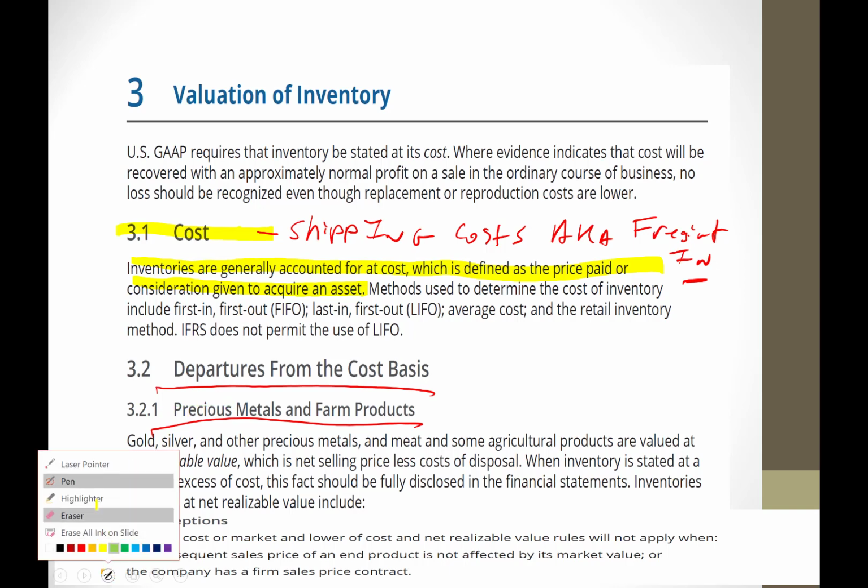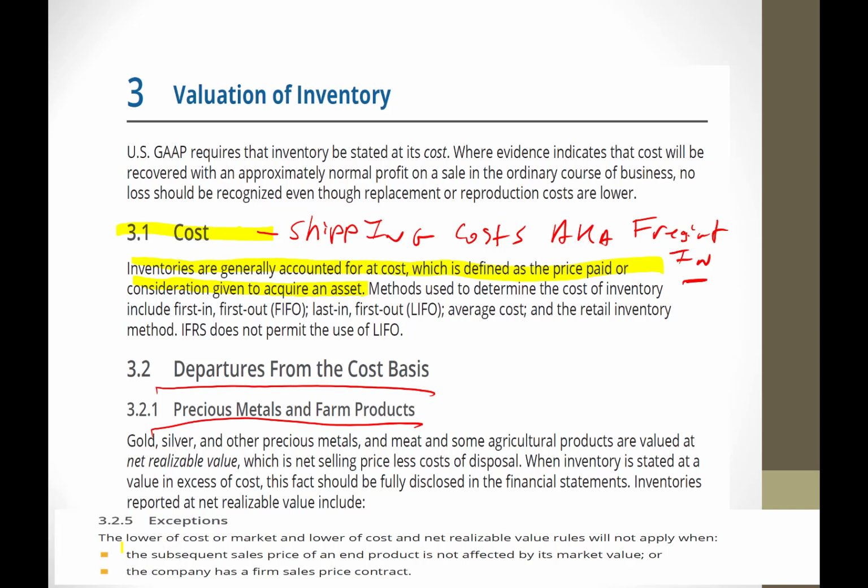Is there any question what you can sell gold for? No. At the end of the year or whatever, we know what the price of gold is. So if you happen to be in the market, mining gold as your business, you can literally carry that gold at a higher net realizable value. Now, net realizable value means selling price less cost of disposal. In other words, you're not going to expect people to come out to the gold mines and buy the gold from you. You're going to have to get it to where you can sell it, right? So we call that net realizable value.